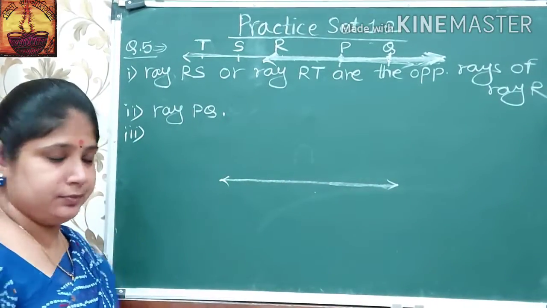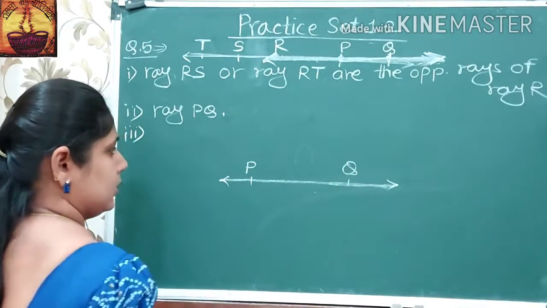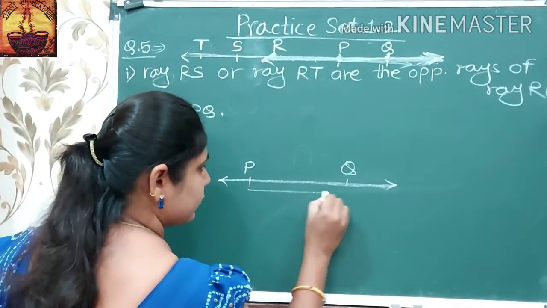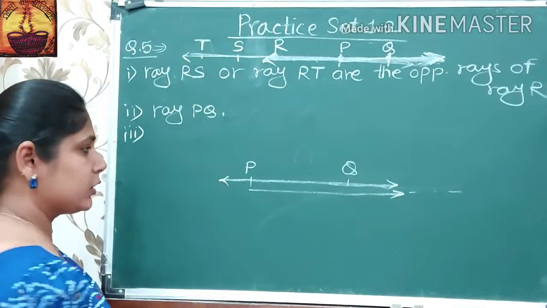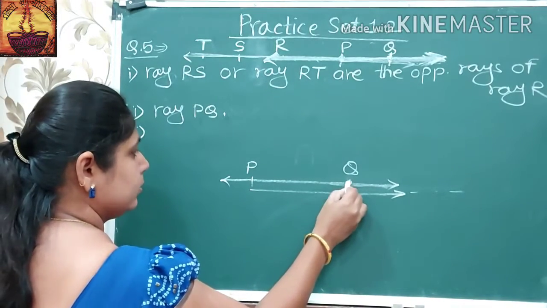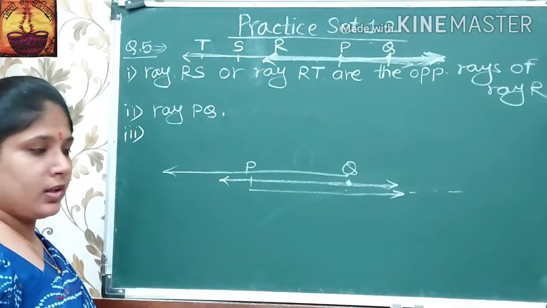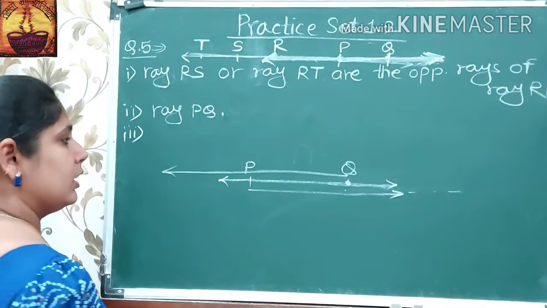Here is a line. On this line, P and Q are the 2 points. Ray PQ starts from this point up to infinity. And ray QR starts from point Q up to infinity. And the union of these sets is a line